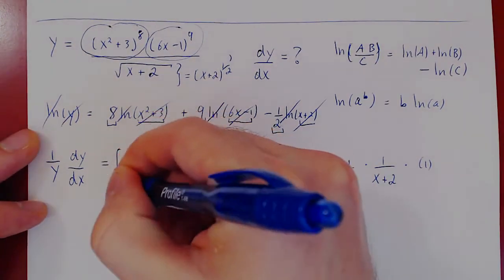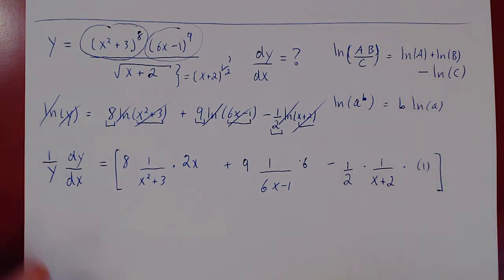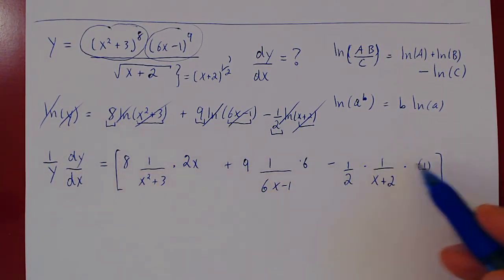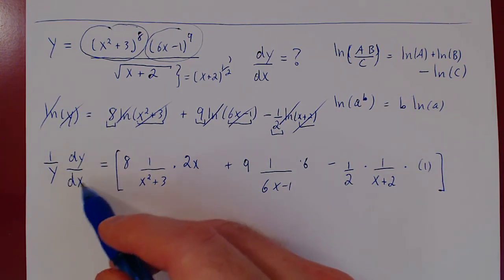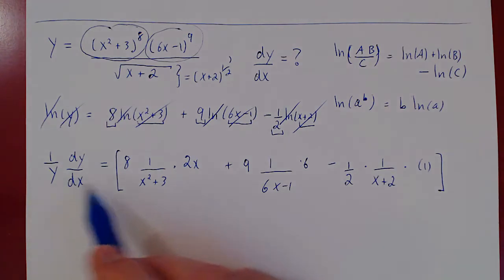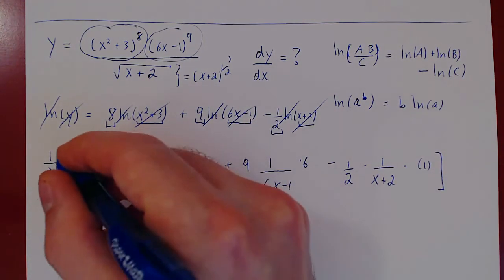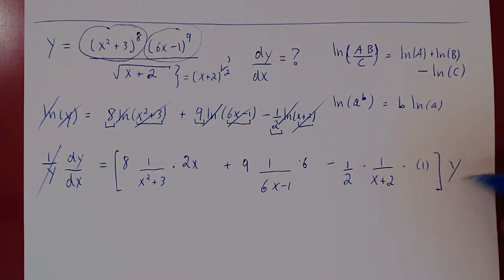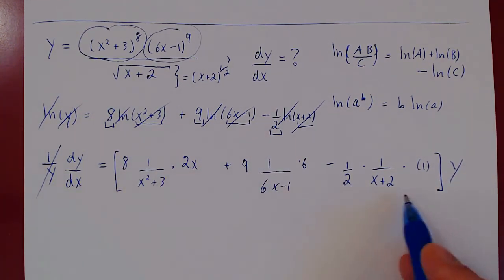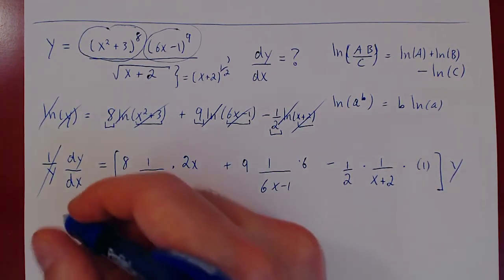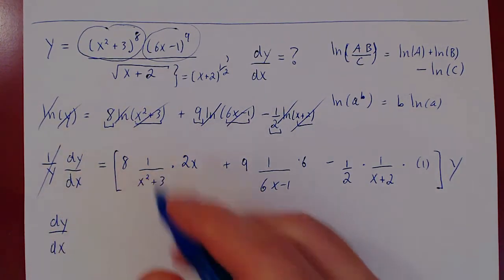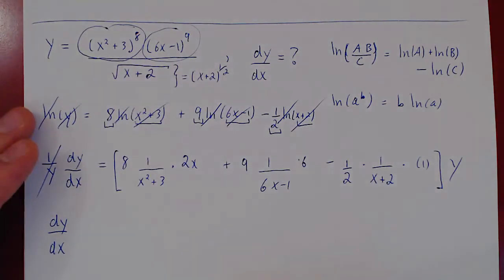So, as before, on the left we have 1 over y dy over dx equals this. If you want to solve for dy over dx, therefore the derivative of this function, multiply both sides by y, so y over y is 1, y here, and now we can write our final answer by cleaning up these fractions a little bit. So the derivative, dy over dx, the derivative of this function happens to be